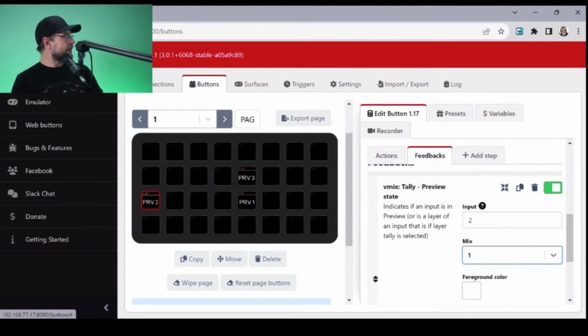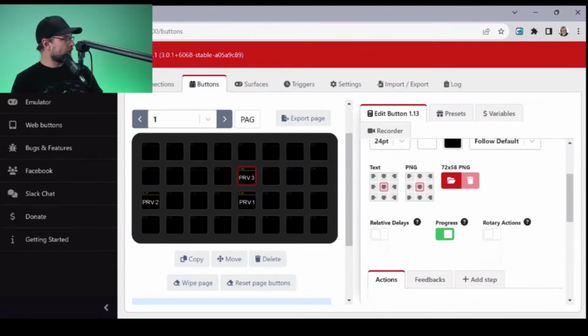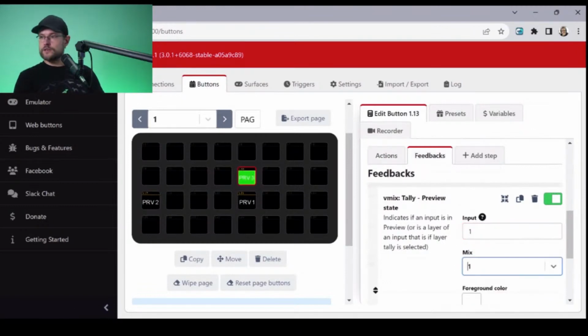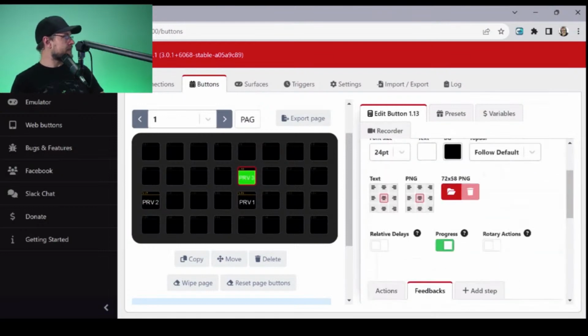Now when I go through, you have to change it on the feedback as well, though. When you change the input here, it doesn't change it on feedback, so you need to change it. That makes sense, I guess. It's annoying, but that makes sense. So if I go 1, 2, 3, it shows me at least inside Companion, which might be helpful when we're troubleshooting things. Might be helpful to know which buttons are being pressed.